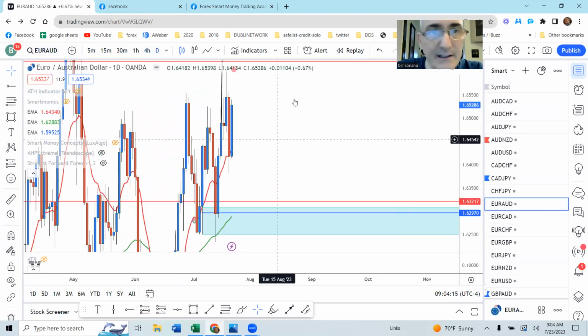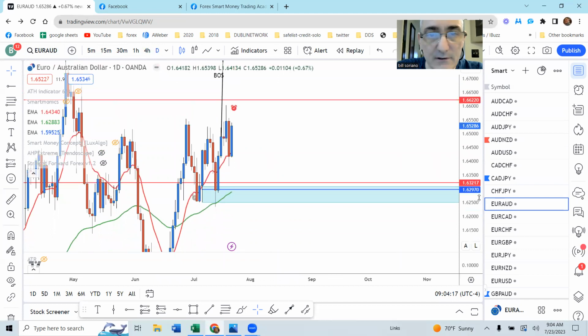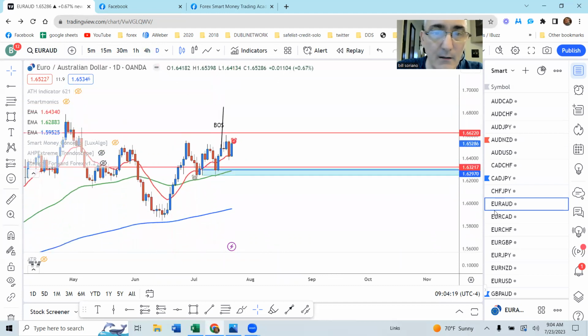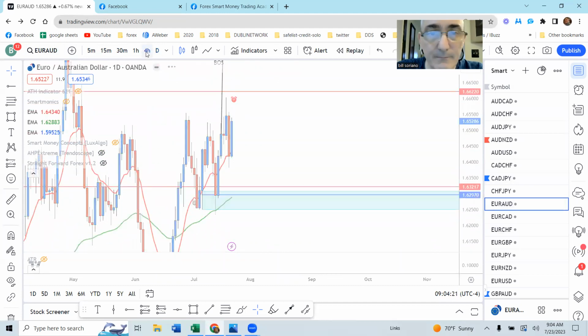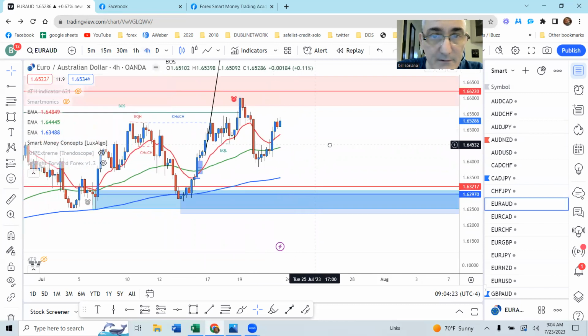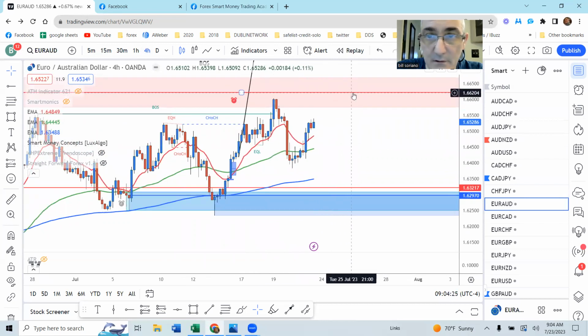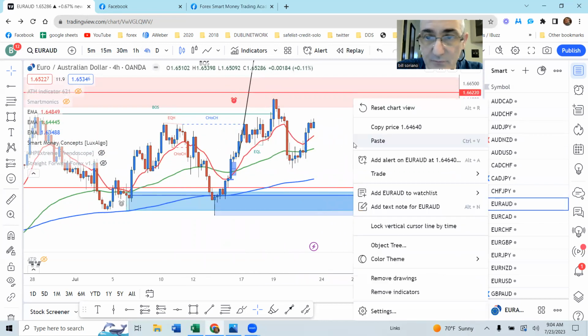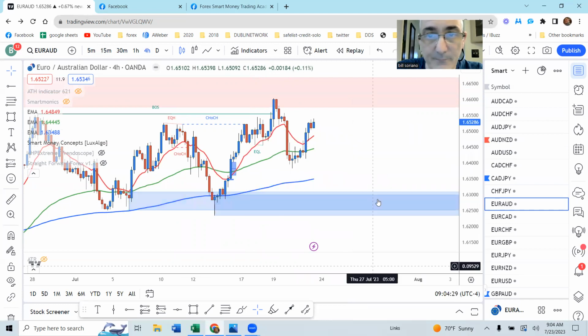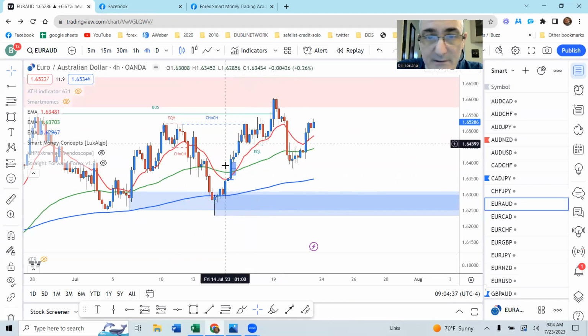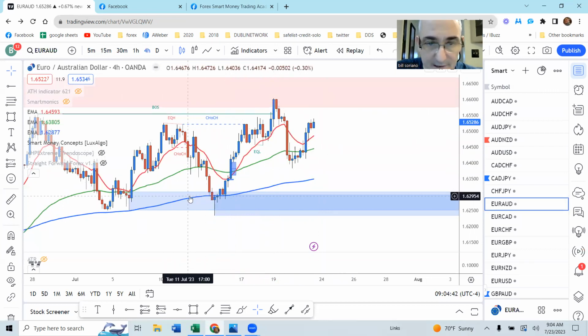EURAUD, again, if we go to the daily chart, we're going to see some bullish order flow. If we drop down to the 4 hour here, let me just remove our drawings here. Okay, right here we got a break of structure, and price came down, kind of filled this imbalance here, but it didn't come all the way down. So right here,